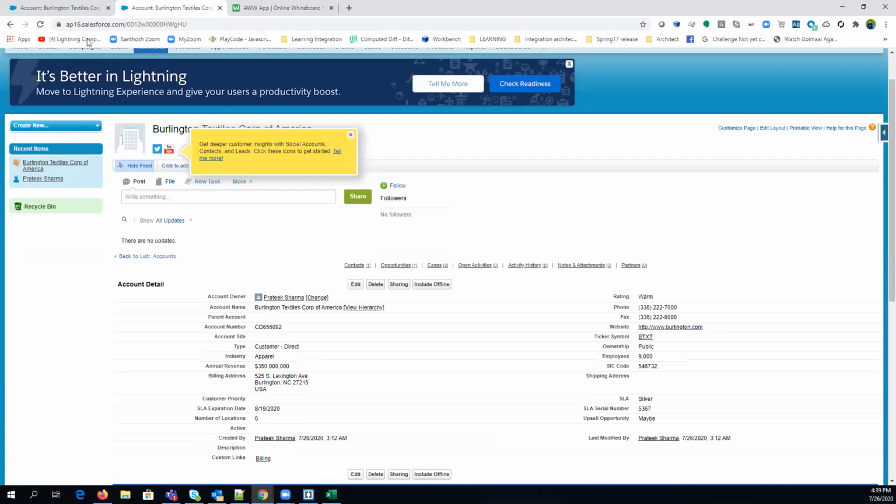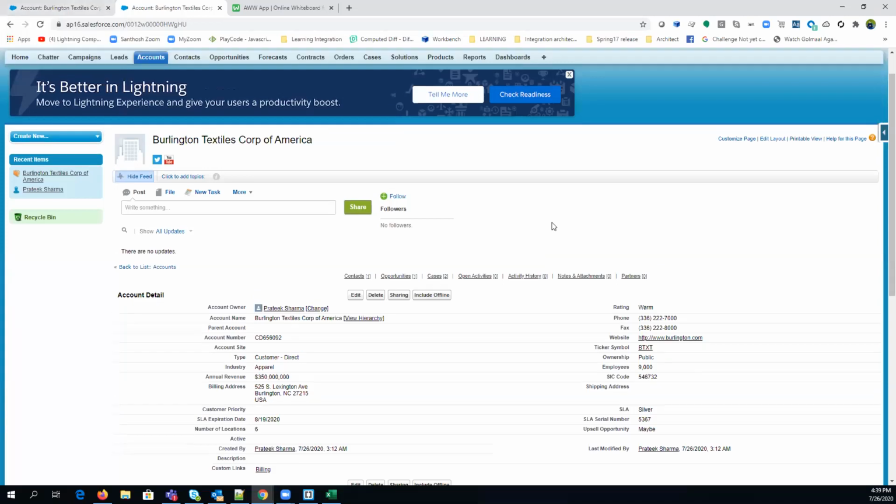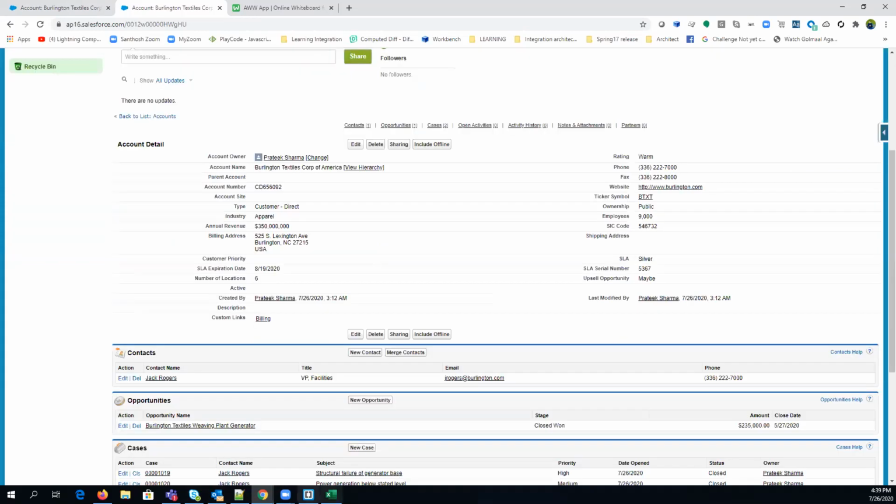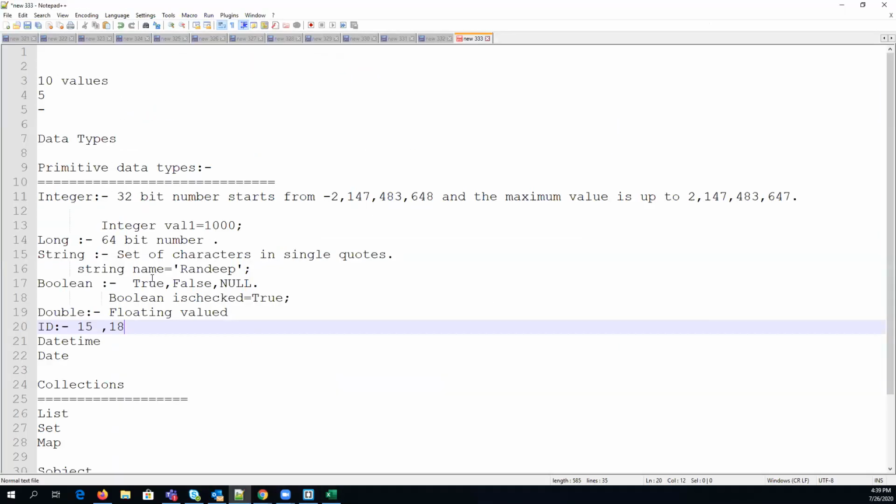So it means that there is something always attached with the ID. An ID is unique to some entity. It can be a record, it can be a class, it can be an object, it can be a field. Everything has an ID. Is that clear, guys? Okay, cool. What next?